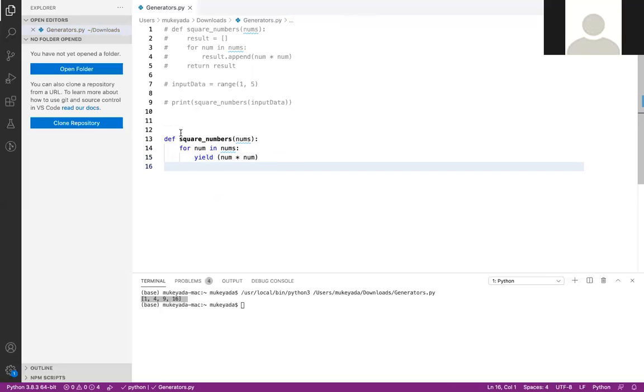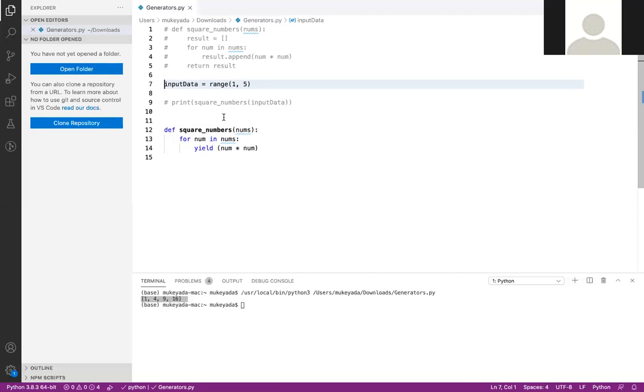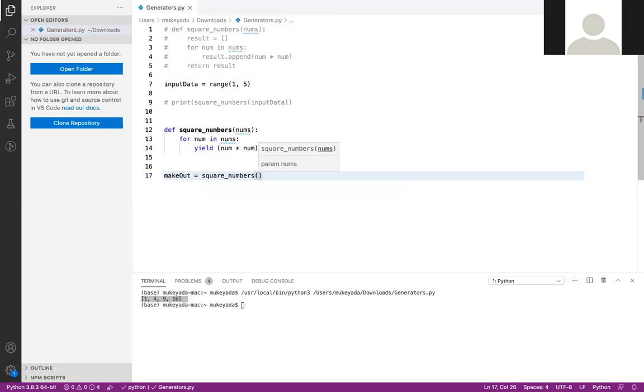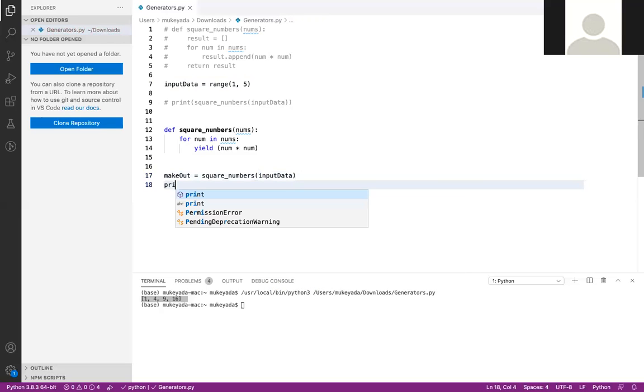Now let me uncomment the input data variable so we can pass it here. Let me say make out equals to square numbers, and I pass input data. Now let me print next of make out.